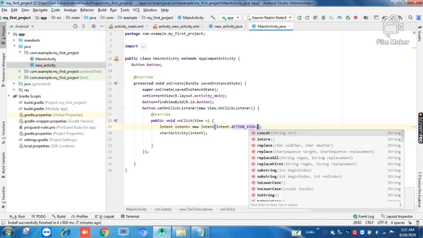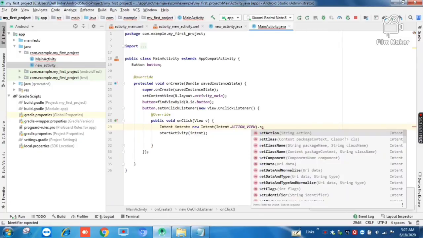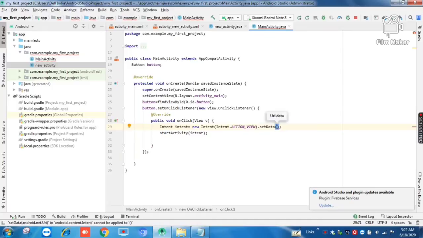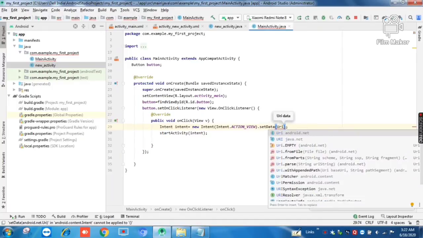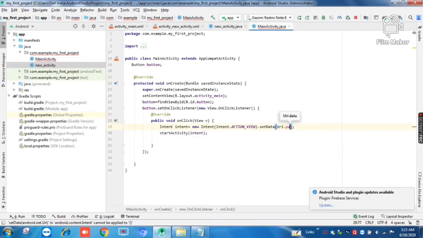and set the data we want to use. So use the setData component, pass here the URI or the data. Uri, use its parse method, and inside it pass the web link.